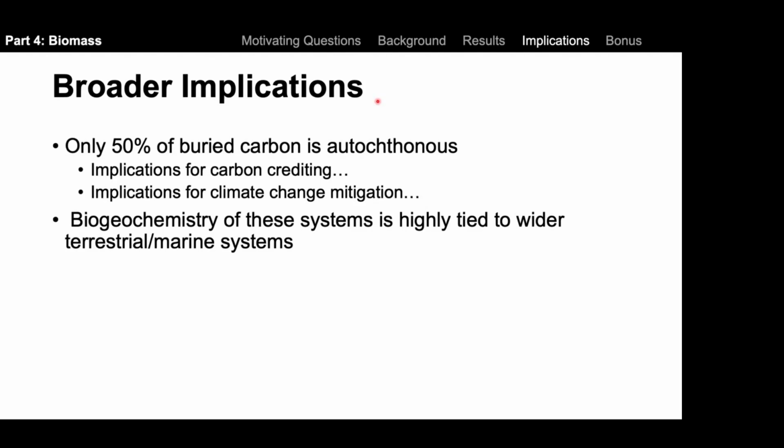But what I do think is really interesting is that this has important implications for climate change mitigation. If we set up salt marshes as these really efficient systems for burying carbon, it's kind of a problem if a lot of the carbon that they're burying is from terrestrial spheres, because that terrestrial carbon tends to be ancient or pedogenic. So it's not really able to buffer modern climate change. So I think it's something that we need to think about when we set these systems up as important blue